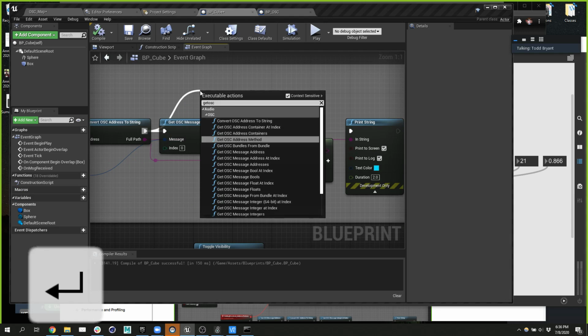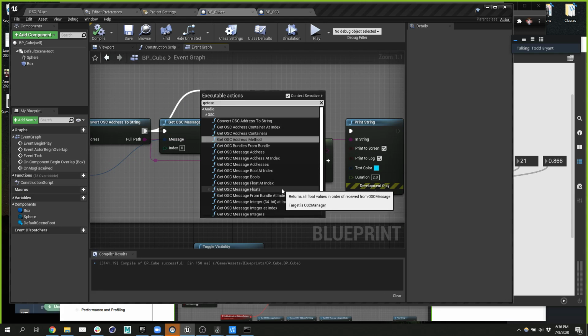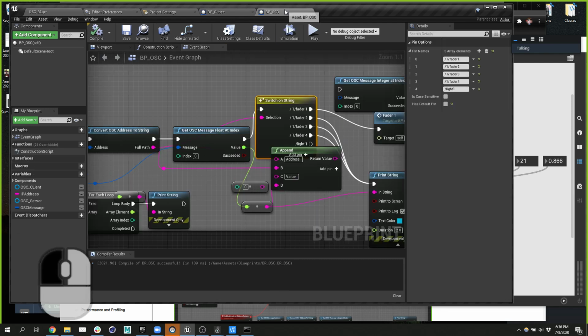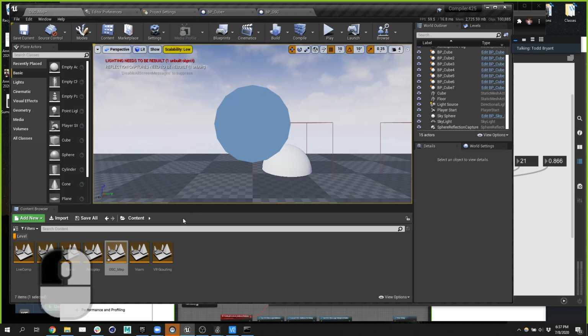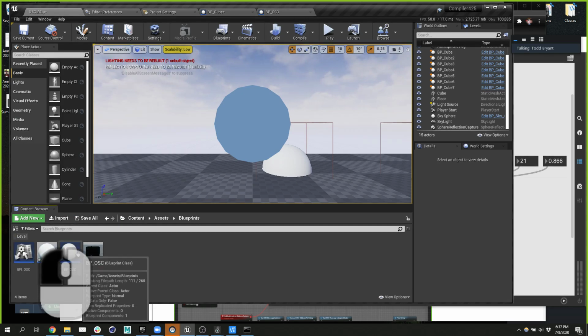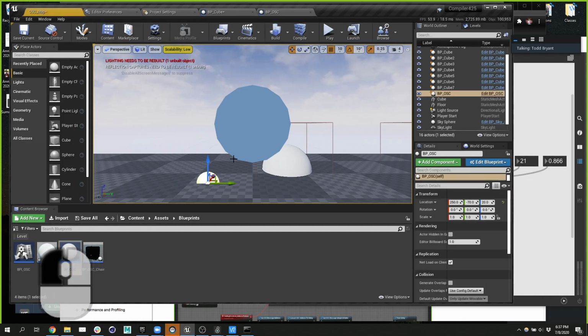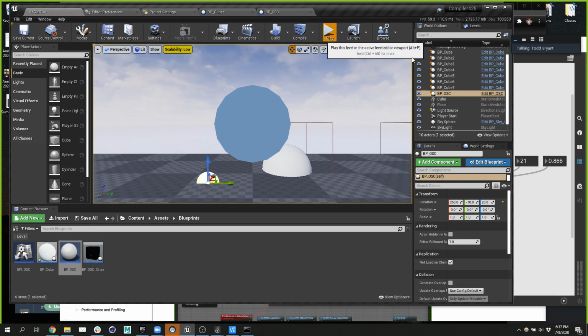OSC message from float. Or what I could just do is, since this one already works, let's just say, great, I already have one that works. So let's bring in that object. So I can move on. Okay, so BP OSC. So now if I hit play,